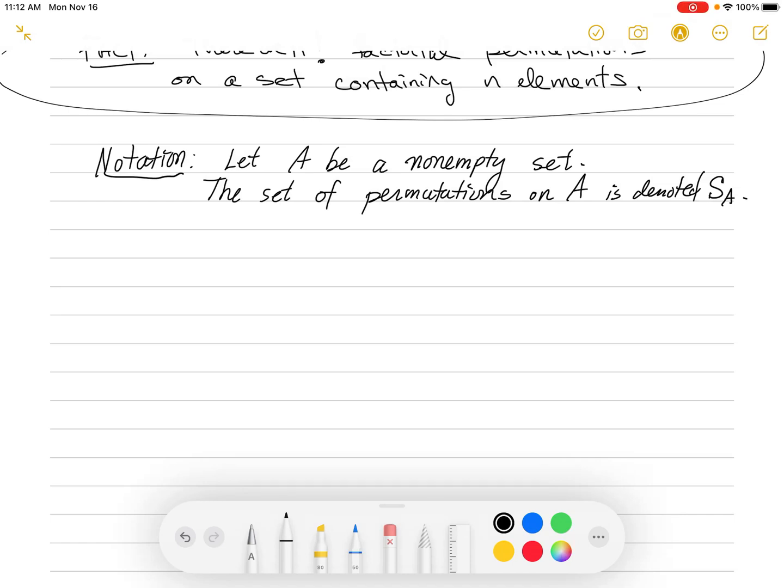Here's some notation we would like to introduce. So let's say you have a non-empty set A. The set of permutations on the set A is denoted S of A. So let's say I have a set A equals x1, x2, right? Just two elements. So S of A would be